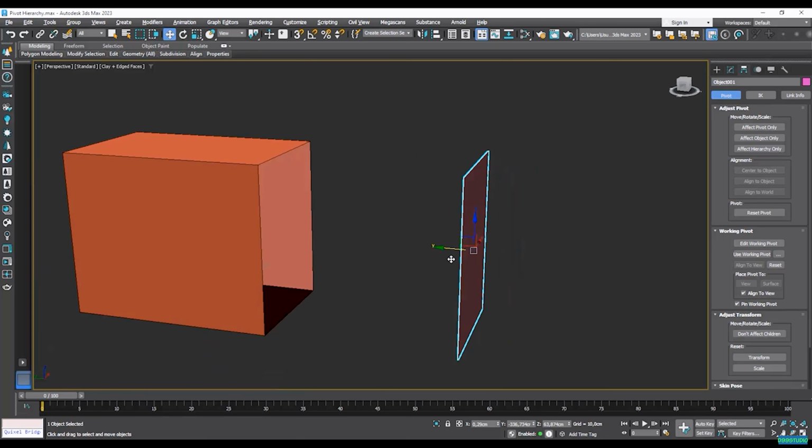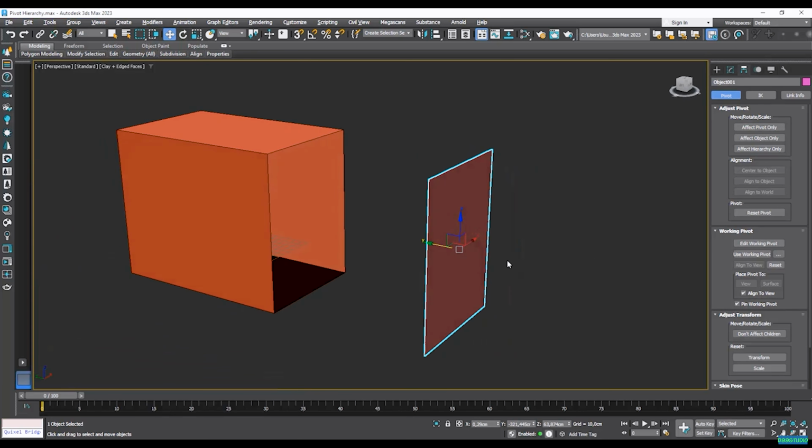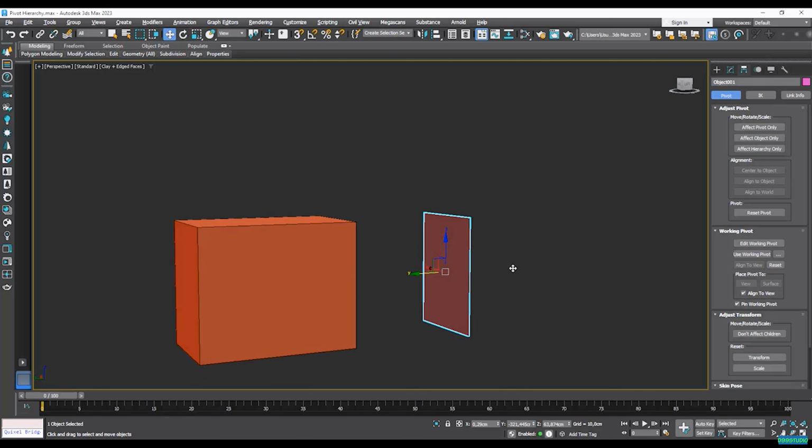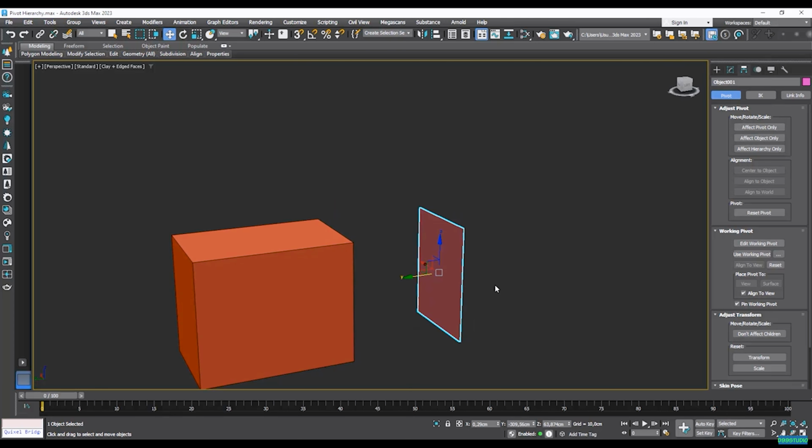And now I'll be able to move this precisely. All right, so that's it for hierarchy. It's very simple. It's just the controlling of the pivot positioning, but it's a very important element that we have to take into account. Now, just moving on, just to finish what we can find here at this right command